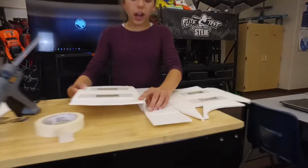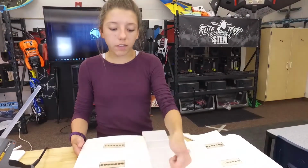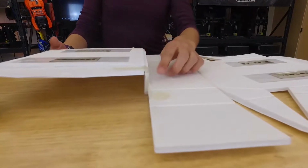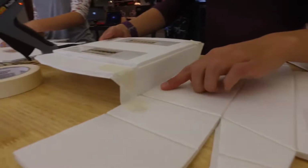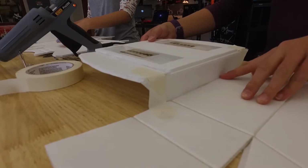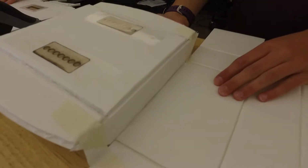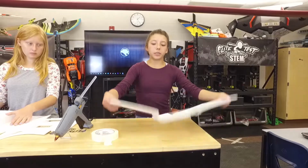Just for a little guide to help keep your glue stick together, it's always good to have a little piece of tape overlapping where you glued so that it stays in place and won't fall out of its shape and come apart. I've also glued the channel that was in here, and I've created, once again, that L shape and slid some glue there, and then I cleaned it out, and now it should end up looking somewhat